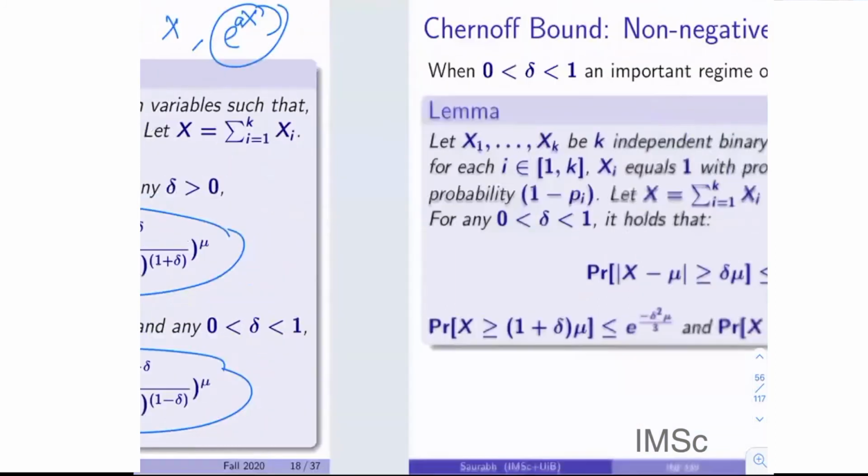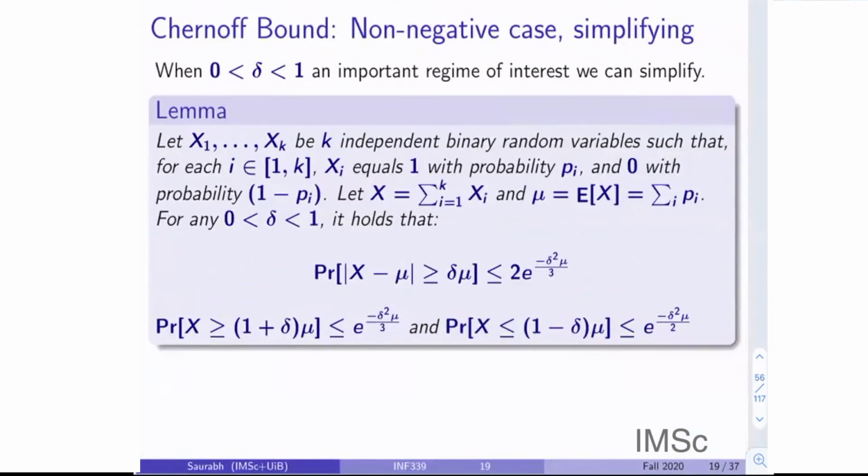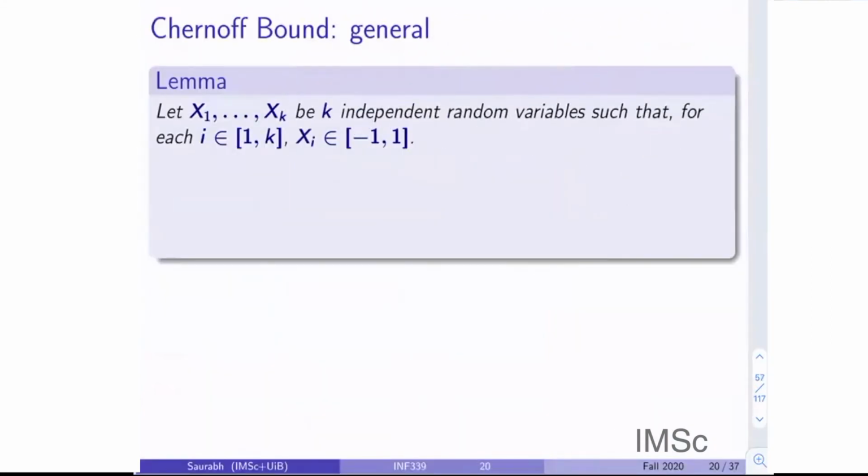So for example, one important regime of interest is, well, what is the probability when delta is between 0 and 1, so you can get something which will tell you that x is greater than something. So just remember that it is something like the expectation minus how far away from your expectation you are, so minus delta squared mu by some constant. This is what generally the forms are. Okay, and this is a general form of Chernoff bound.